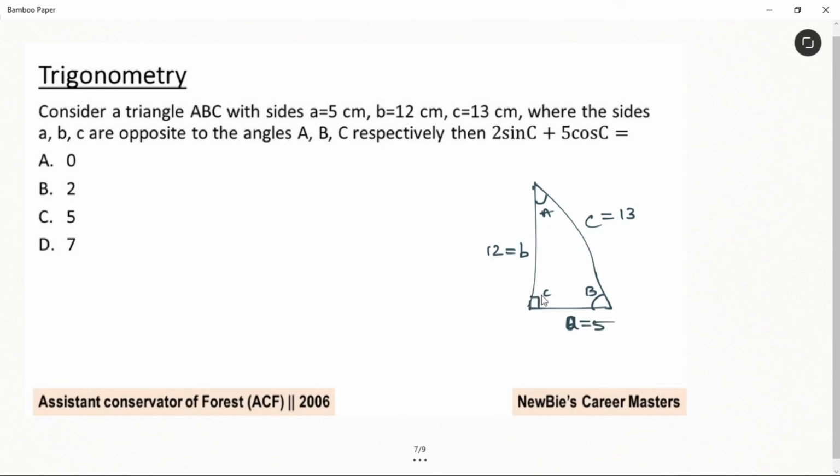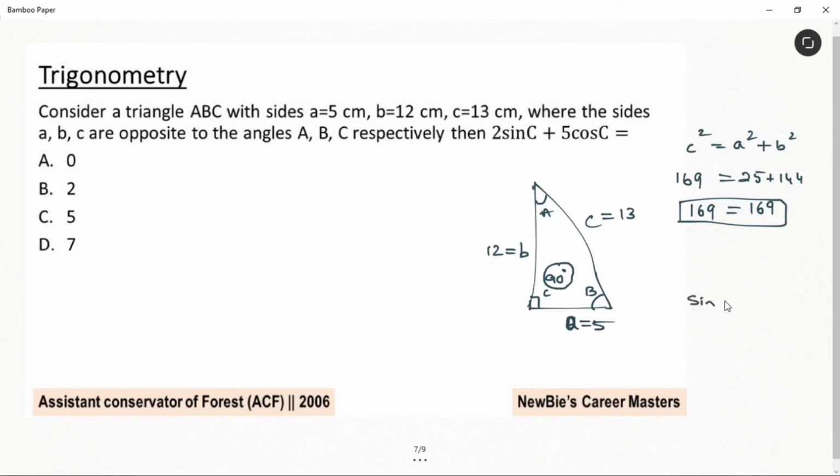See, this is actually 90 degrees. How we can come to this conclusion is, let's use that Pythagoras theorem. c square should be equal to a square plus b square. Correct. Check it. 5 square is 25 and 12 square is 144 and 13 square is 169. Check the summation. This sum is 169 and this value is also 169. LHS is equal to RHS. Then we can come to the conclusion angle C is 90 degrees. Very simple.